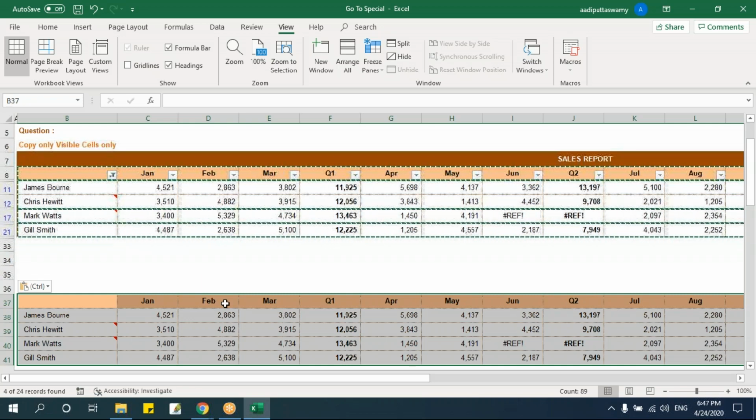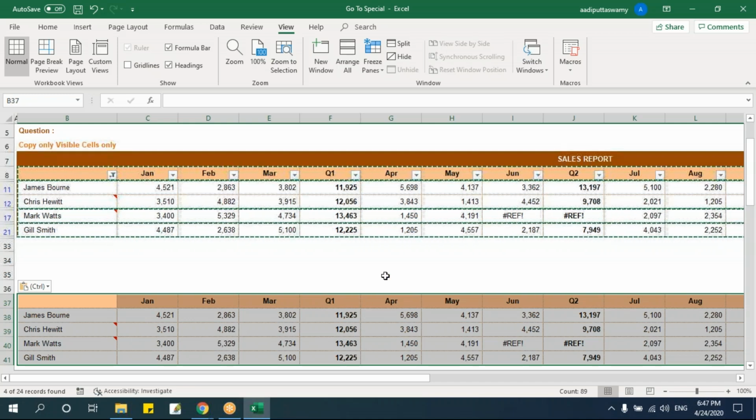And again, people who are moving to the VBA course as well, keep this in mind. Whenever you are filtering the data, you have to copy it with special cells, that is visible cells only. So keep this in mind. When you come to this option in the VBA course, you'll understand why I was telling you this is very important. So whenever you are filtering the data and copying it, make sure that you use special cells. Whether it is a very small data or a big data, have the habit. It's a good practice. Again, I'm telling you it is not compulsory. It's a good practice, right?